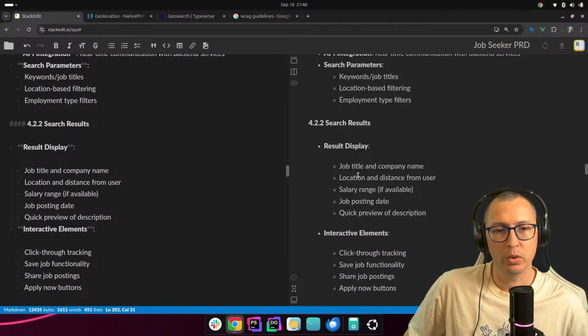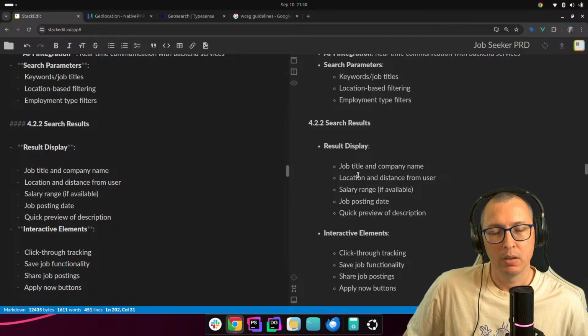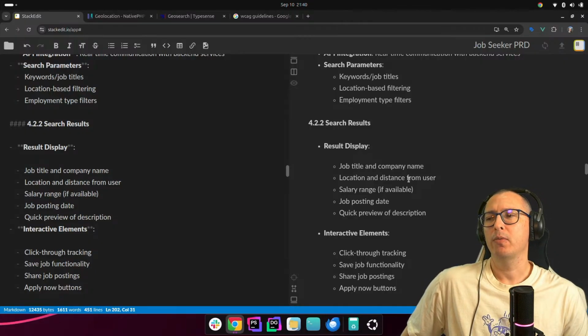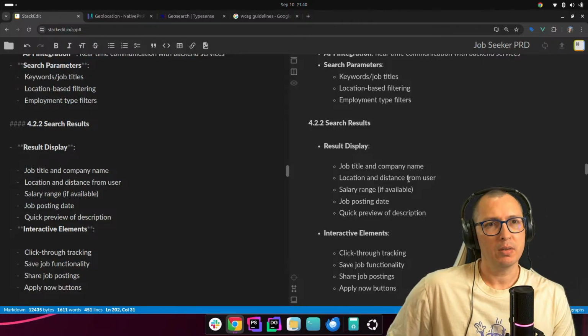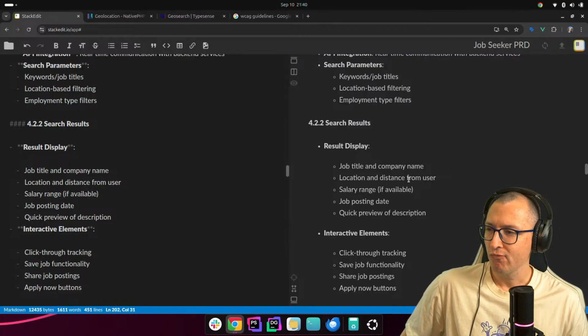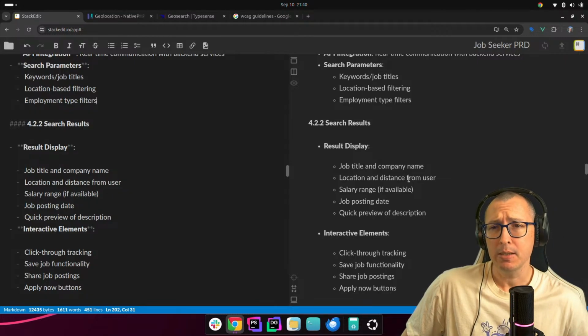And the result, we're gonna have the job title, company name, location, distance from the user. I mean, we could. Is there a way for us to create a distance between 2 points, latitude and longitude? Can we do that with Typesense?